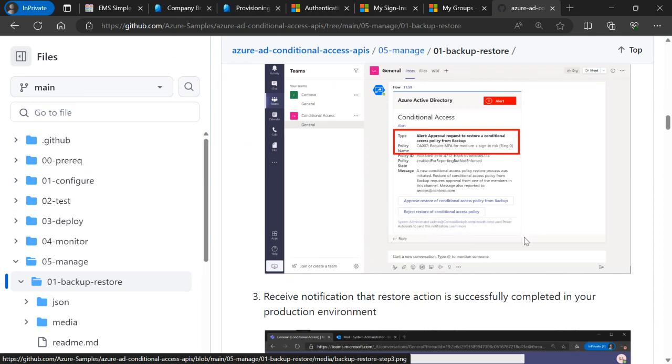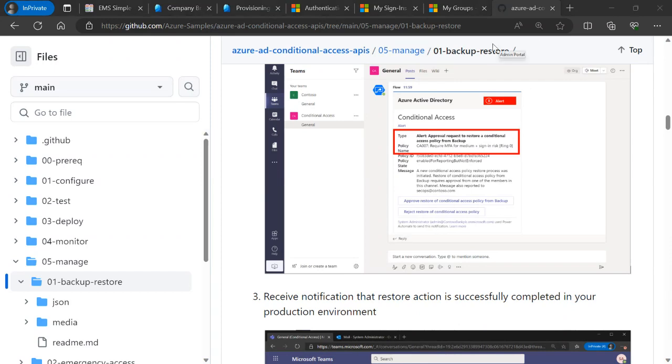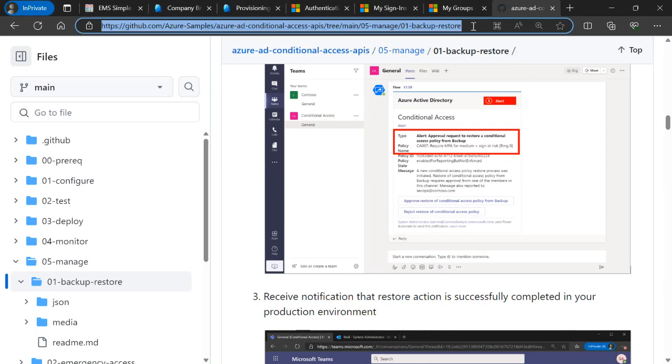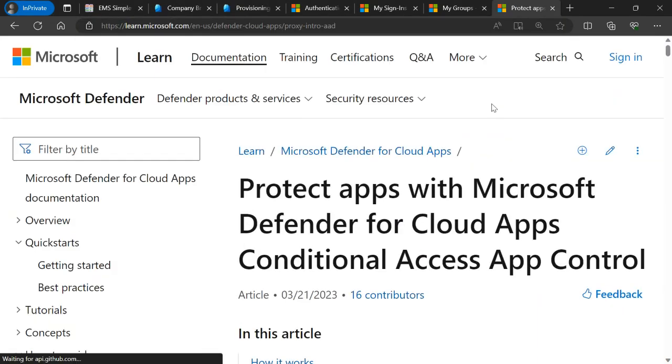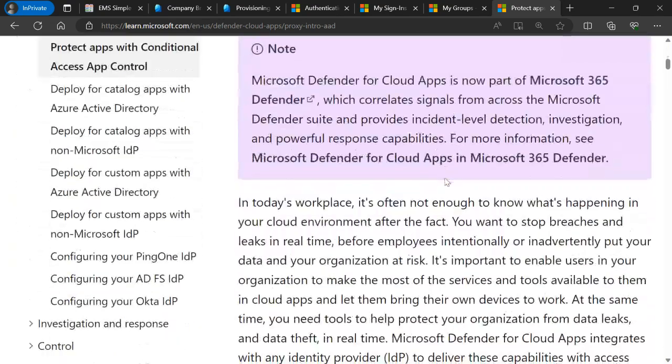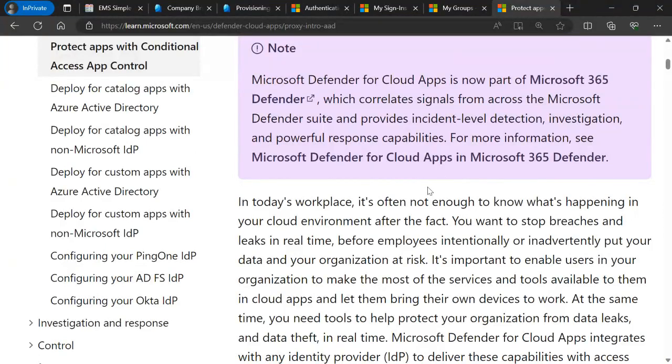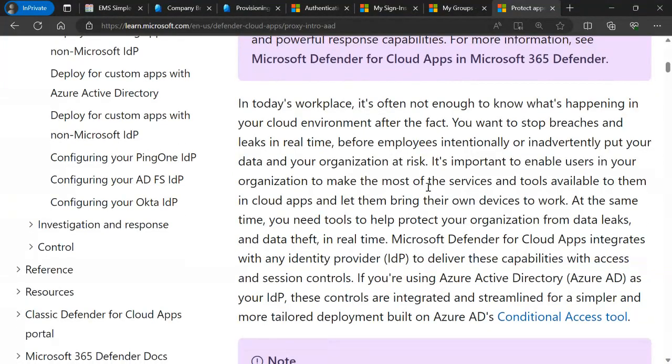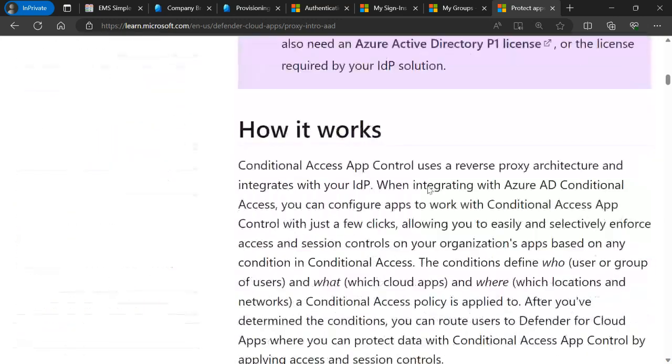There is also something that is really, really exciting. I really love this product. It's not really part of this webinar, but I still want to cover the capability that you can actually apply conditional access to Defender for Cloud Apps. So if you're not familiar with Defender for Cloud Apps, it's a CASB. It's an internet-based sort of proxy solution, but